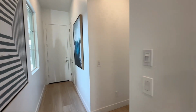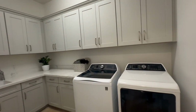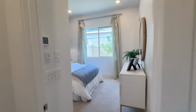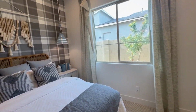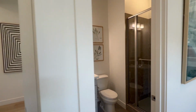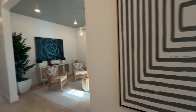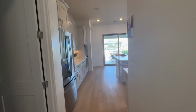Now if we continue down this hallway here, there is another bedroom and a laundry room. So looking at this laundry room, you have space to do whatever you need. And coming into this bedroom here, it has a closet as well as its own full bath. Alright, let's take a look around here, and we're going to go back past the kitchen area again and swing